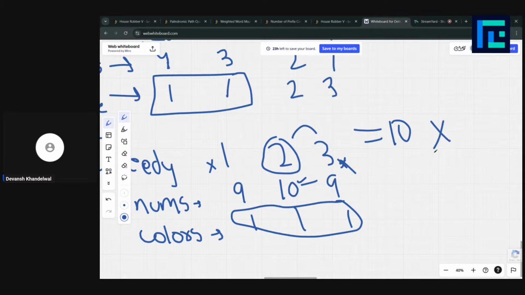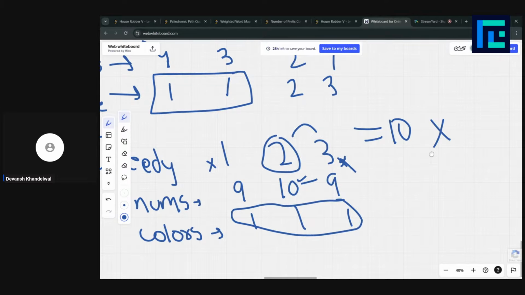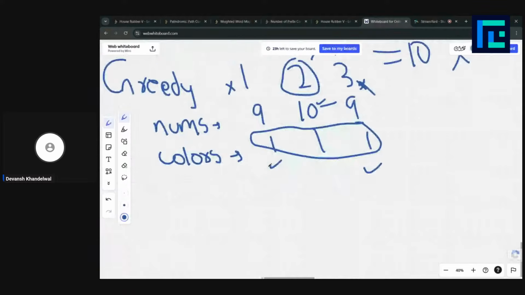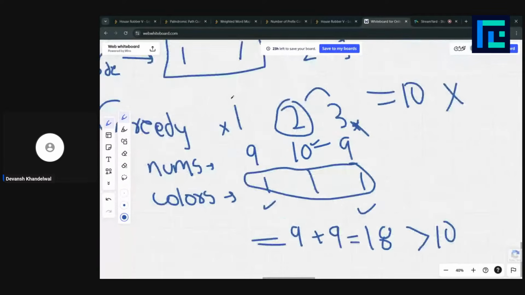No, this is not correct. Why? What if we robbed this house and this house? Our sum would be 9 plus 9, which is 18, and this is much greater than 10. So the proper answer is to rob this house and this house.